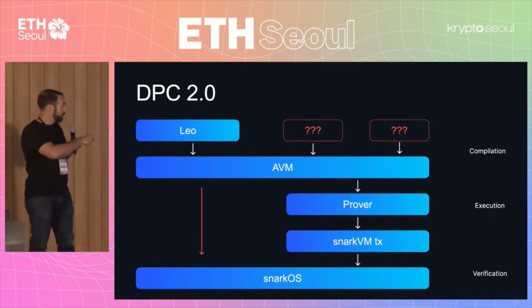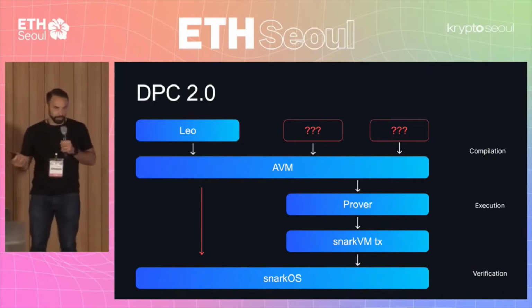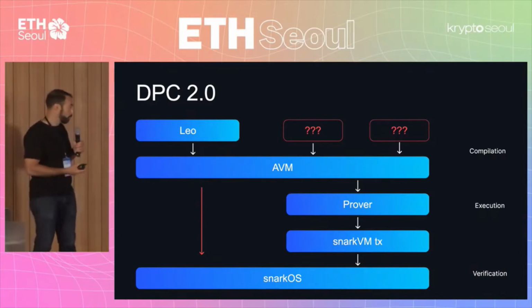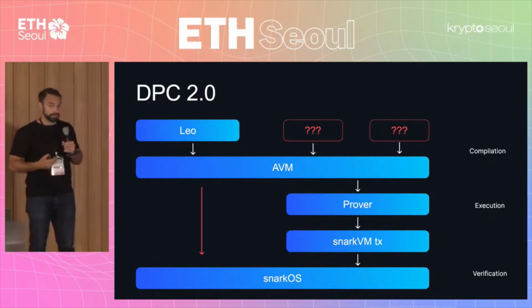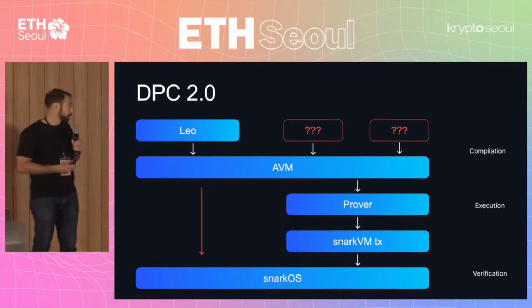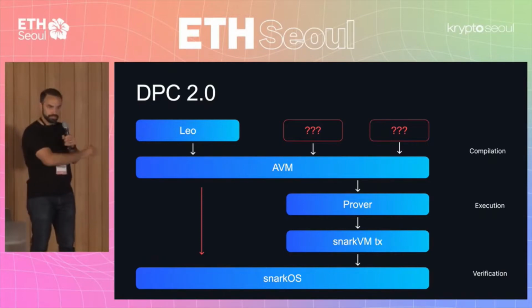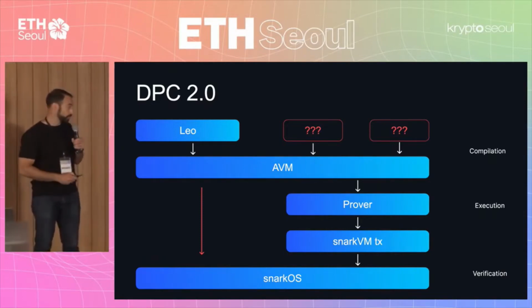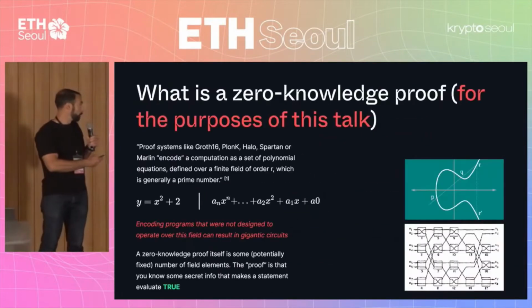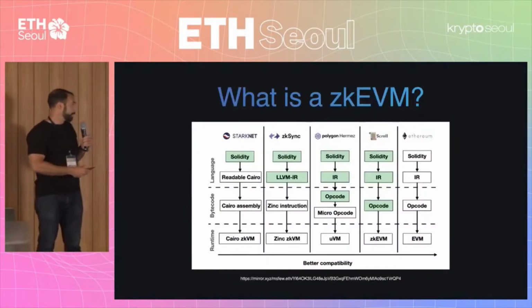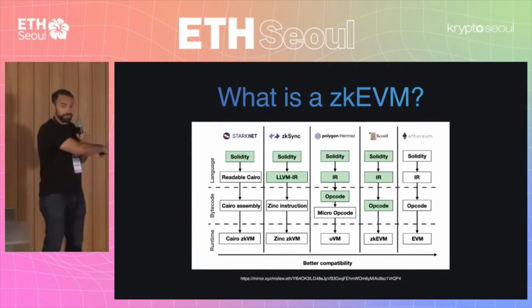And the point that I want to make here is that we have Leo that targets the AVM, but maybe in the future we could have other languages that target the AVM too, or even potentially a transpiler that targets Leo or the AVM directly. So there could be a world in which you could write Rust or Solidity or some other language, and through some transpiler architecture, you can still end up being able to do all this. And so this is an interesting future direction. Very similar to, I'm going to go back, if you go back to the definition of the EVM, on the far left, this is what Aleo could potentially someday look like.